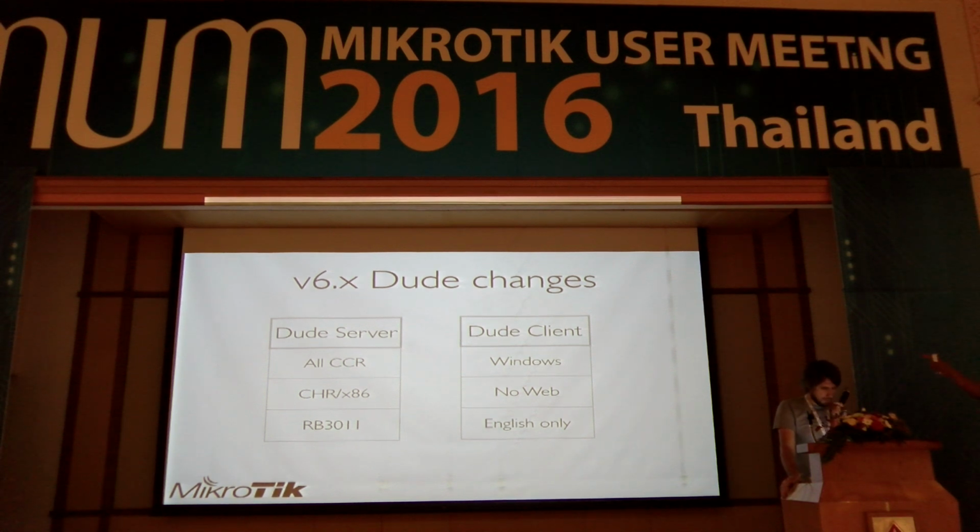นะครับอันดับแรก The Dude เวอร์ชัน 6 ที่เปลี่ยนแปลงก็คือสามารถเอามาใช้บนอุปกรณ์ฝั่งเซิร์ฟเวอร์ได้นะครับ You can install the server on all CCR devices. ตัวแรกก็คือกลุ่ม Product Line ที่เป็น CCR ทั้งหมดสามารถลง The Dude เซิร์ฟเวอร์ได้ 9 cores, 16 cores, 36 cores, 72 cores แล้วก็ตัวพวก Cloud, TSR แล้วก็ x86 ครับ But if you install the Dude on a Cloud Core Router, be aware of the space of the disk.